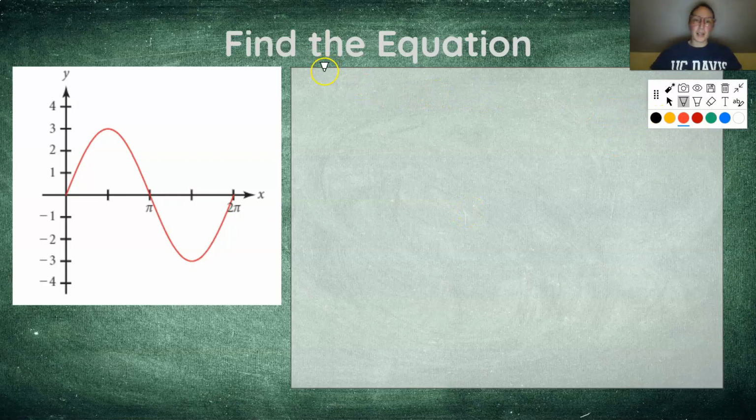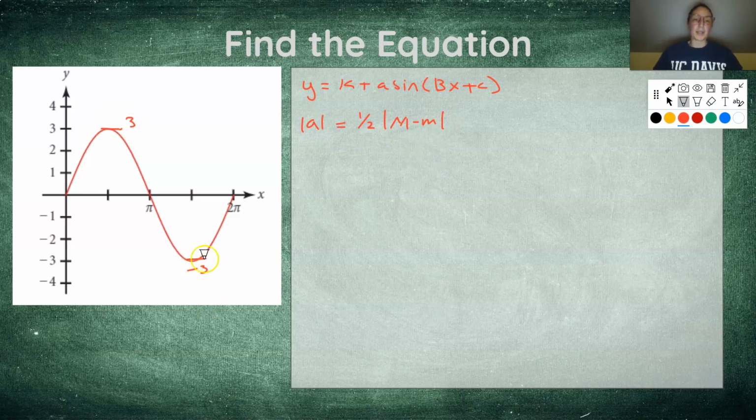So I know I'm dealing with sine, so I know I'm dealing with something that is y equals k plus a sine of bx plus c. All right, so that's step one. I know I'm using the sine equation. Step two, let's identify the amplitude. So how do I identify amplitude? Well, it's 1/2 of big M minus little m, absolute value. In other words, I take the tallest point on the graph, which is 3, and the lowest point on the graph,